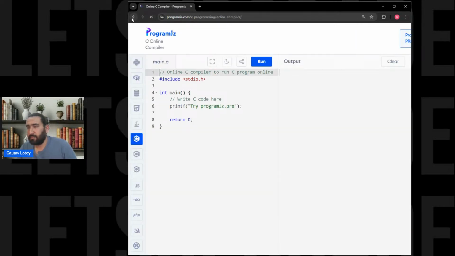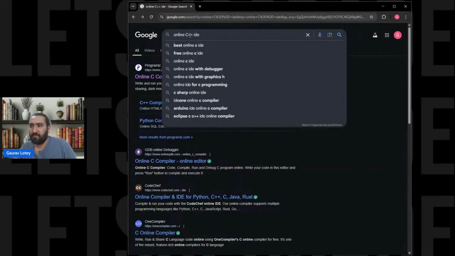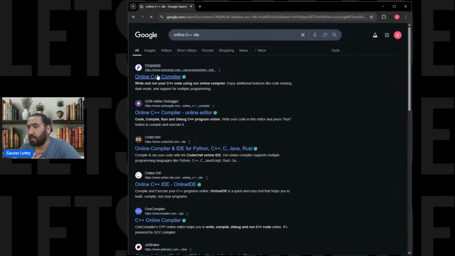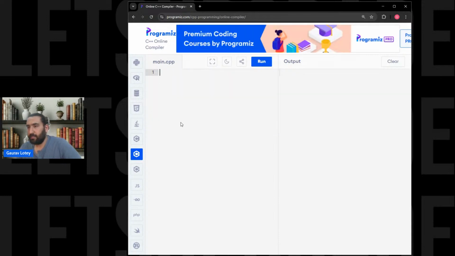Let me simply explain that we search for online C++ IDE. Once you search that, you will get multiple options like Programiz, GDB compiler, and others. Let us use any one of them. For example, if I go here, this is where we will write hashtag include and mention iostream, which is our input output stream library, right? So once we have written this, the next thing is that